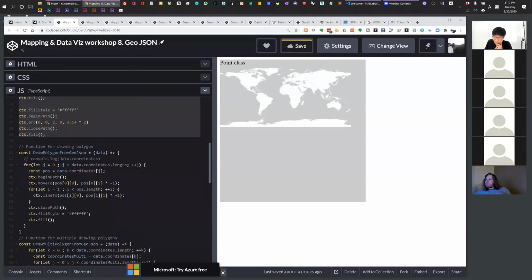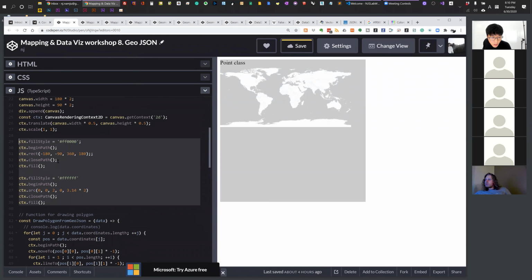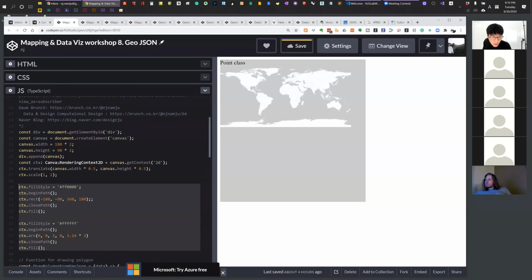Okay. Sorry, could you explain the canvas rendering context again? Could you explain line 25, the canvas rendering context, again? Thank you. This one? Yeah. You wanted to, okay, so,